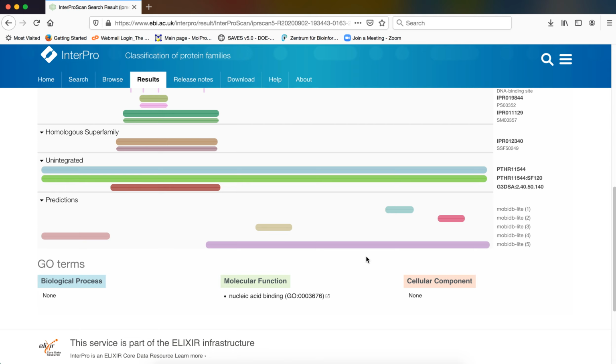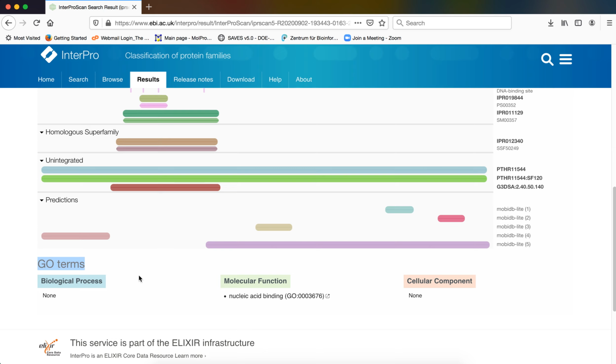Now the third segment of the result is one of the significant segments, which as you can see is GO terms. So what is GO? GO is gene ontology. Now gene ontology is the process by which we are describing a specific gene and its cognate protein product. We are describing it in terms of three segments.